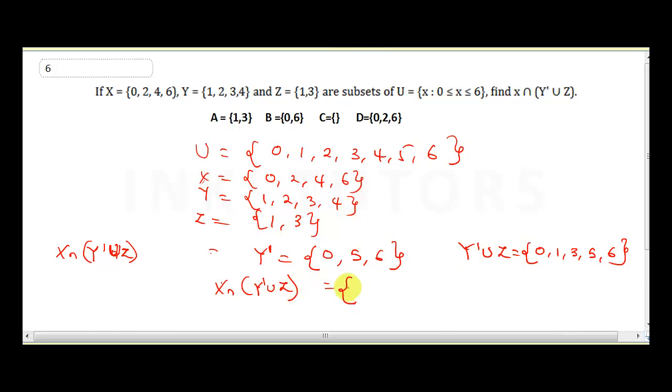So in there we have 0, it's common, 1 is not common, 2 is not common, 3 is not common. I think the next number that is common is 6. So it's 0, 6. So this is our final answer, and we can see that option B is correct. Okay, so that will take us to the next question, which says